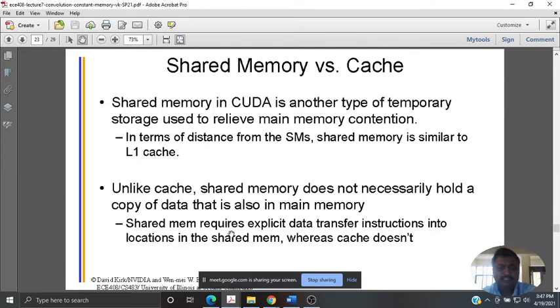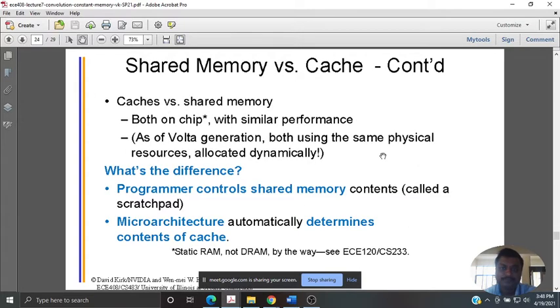Put a copy of data that is also in memory. Because cache has copies of data at different levels, there is a terminology used as coherency or cache coherency. So all the copies should be the same. It doesn't mean that at processor level the value is different, and at RAM level it is different, and so on. It should not be there, and that will not happen in CUDA, or we are not supposed to make that happen in CUDA, because most often we are using constants in the shared memory, or whatever are concerned with respect to a particular block.